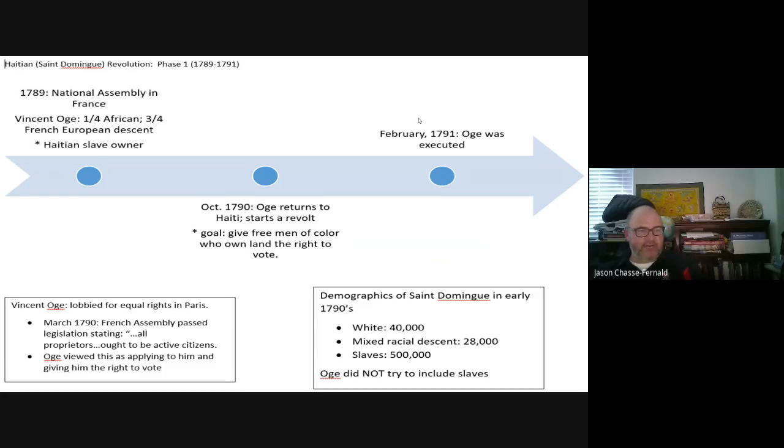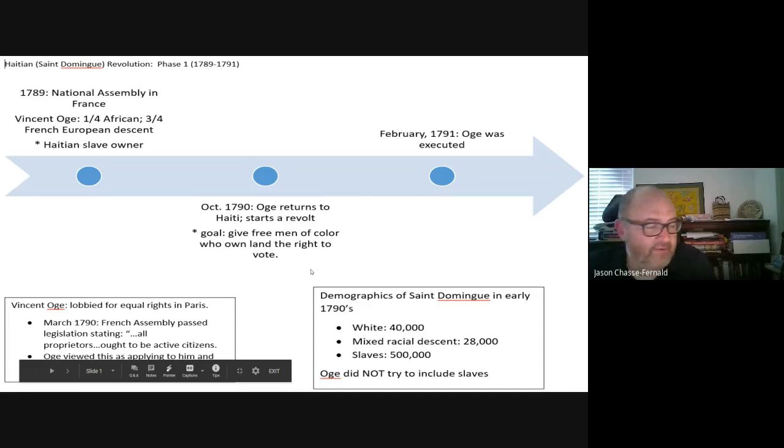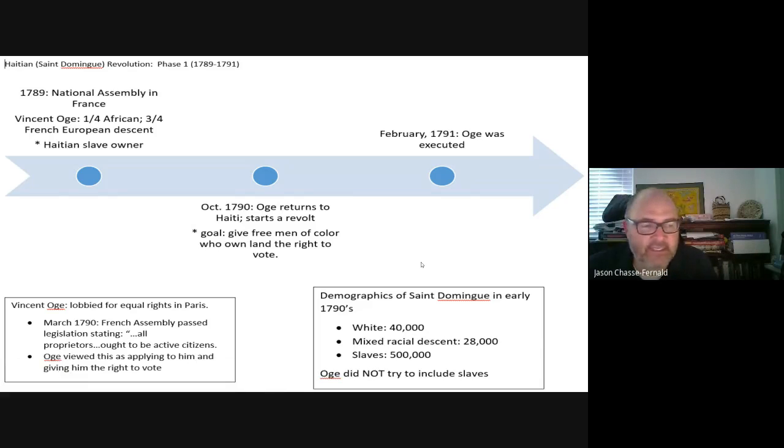And if you look at the demographic breakdown, and I literally pulled every bit of this off from that, you see the demographic breakdown on Saint Domingue, what becomes Haiti, at the time of this first phase. All right, so